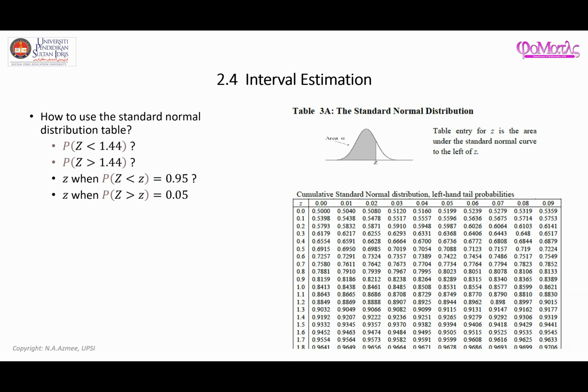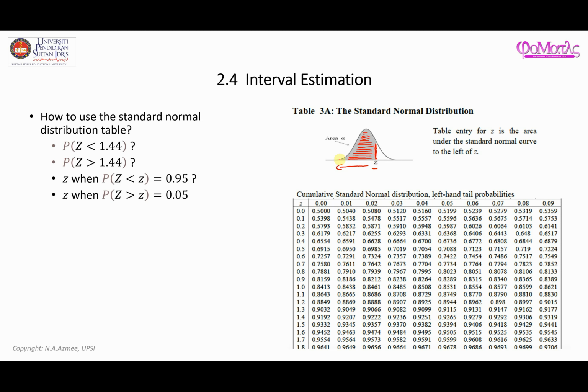In this video, I'm going to give some examples on how you can use the standard normal distribution table. So first of all, when you are given a table, you need to understand what is actually represented by all the values inside the table and the figure given on the page of that particular table as well. Now, when you look at this figure, this figure particularly shades the area from this point Z to the left.